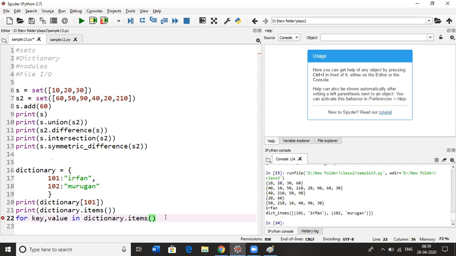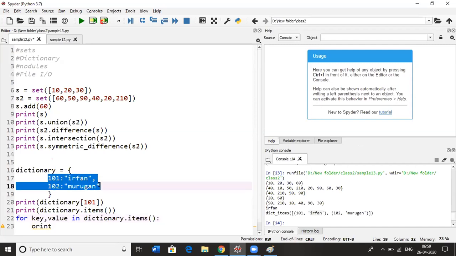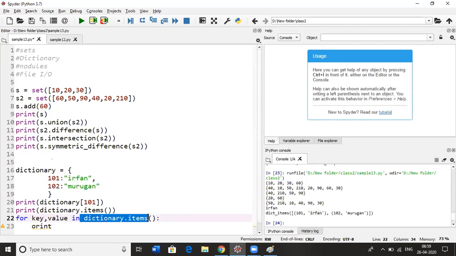Can you repeat it again? So this function will give you a list of the key-value pairs in the dictionary. If you are looping through the list, for each key-value pair we have a tuple. From the tuple, we are separating those values and putting them in the two variables, key and value here.